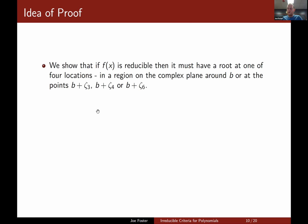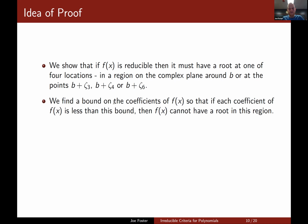We're going to show that if f of x has non-negative integer coefficients and it reduces, then it has to have a root in one of 4 locations on the complex plane: a region that we're going to define shortly, or it has to be at one of these shifted roots of unity. So the first thing we're going to do is find a bound on the coefficients